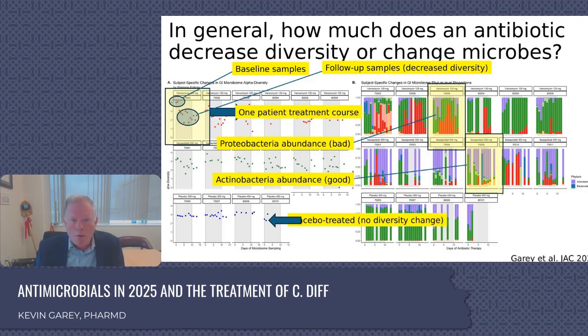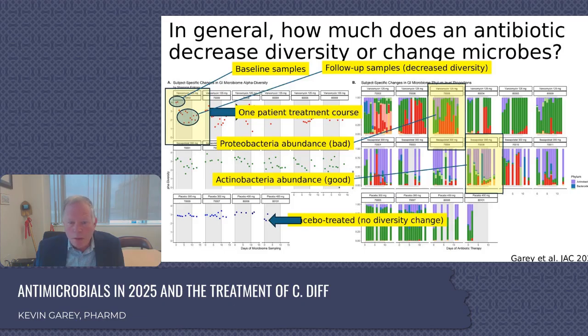Now go over to the B side, the right side, and pick up on that vancomycin 125 milligram patient number 6, in this case, 70,006. And you can see it's a lot of green. That's the Clostridia, that's the good stuff. The purple is actinobacteria, that's also the good stuff. And then that increased proportion of red, that's proteobacteria. So that's E. coli and Kleb. And that's showing an overabundance of these pathobionts that we don't want.